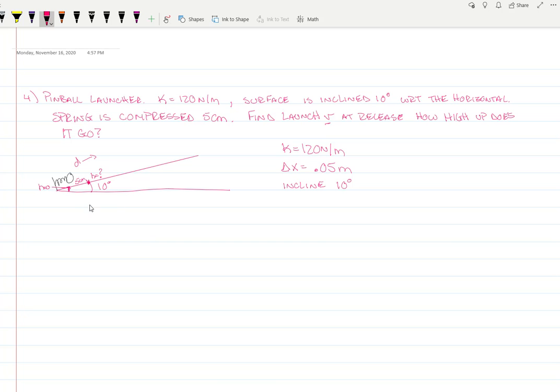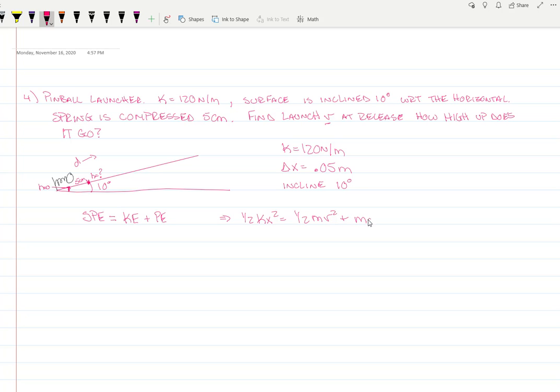So at the beginning, when it's at rest and compressed against the spring, I have spring potential energy. What is that spring potential energy going to go into? Well, it's adding in kinetic energy, so it's making the ball move. So it's got kinetic energy as it's moving, and it's going to travel that 5 centimeters. That means it's also gaining height. Actually, let me be consistent. So potential energy from height. So we can write this as 1/2 kx squared equals 1/2 mv squared